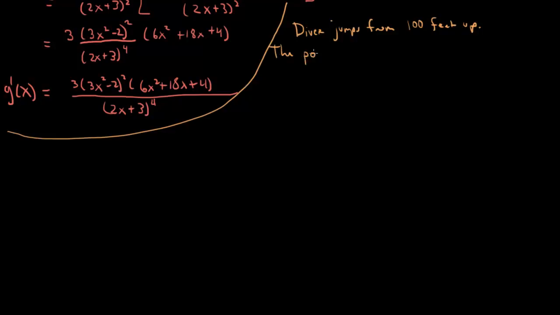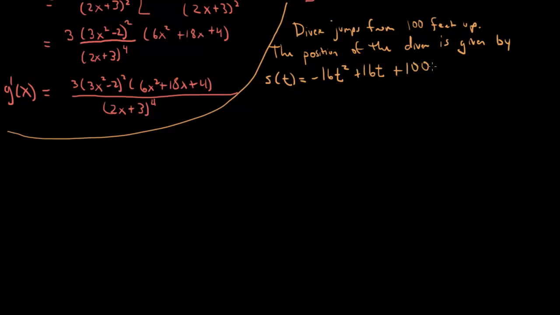The position of the diver is given by the position function s of t equals negative 16t squared plus 16t plus 100. Okay? Now,